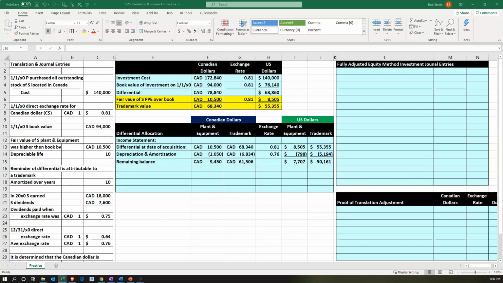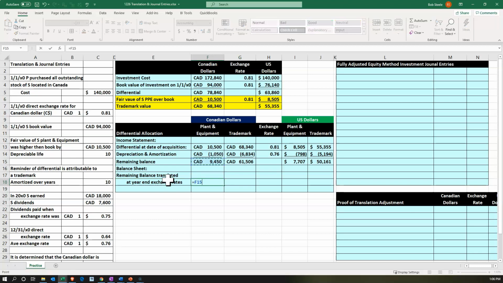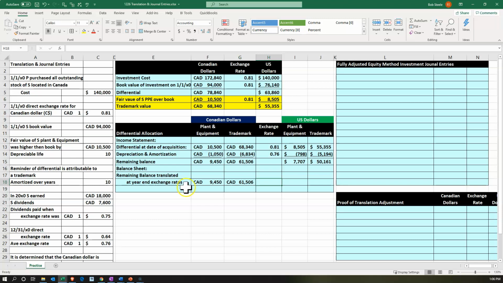Okay, so now we're going to consider the balance sheet side of things. We have the remaining balance translation at year-end rates. I'm going to be picking up this 9,450 and the 61,506. So now we're looking at the balance sheet side of things, because this is basically the